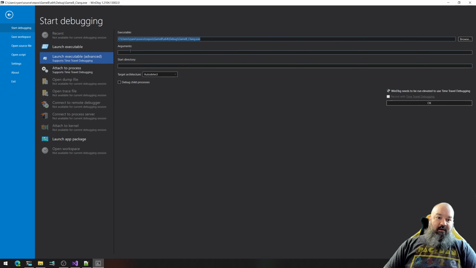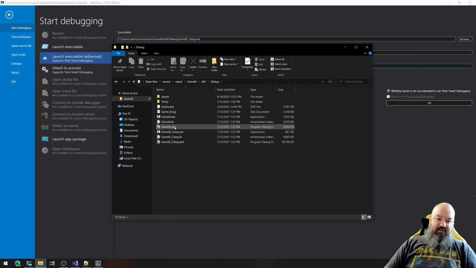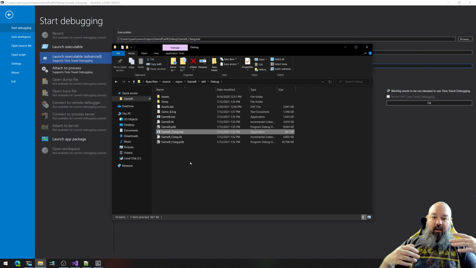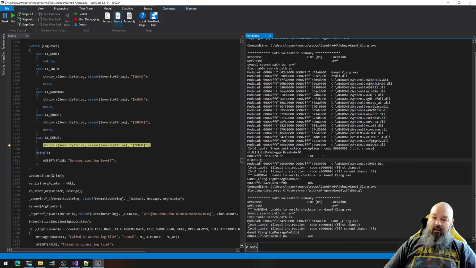So you need to make sure that your, not arguments, but your start directory is correct. Right there. So whenever I launch the game through explorer.exe right here, like this, and if I just double clicked on gameb.clang.exe, my working directory would automatically be set to this directory, which is why it works. But when I use WinDBG, it does not automatically set the start directory properly. So you have to specify the start directory and then hit OK, and then say restart,